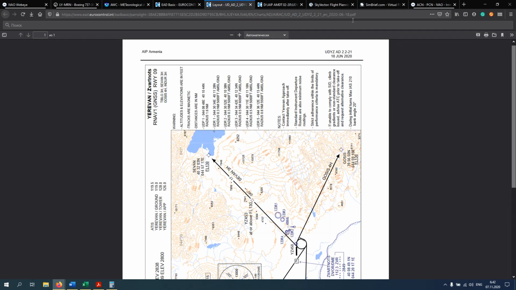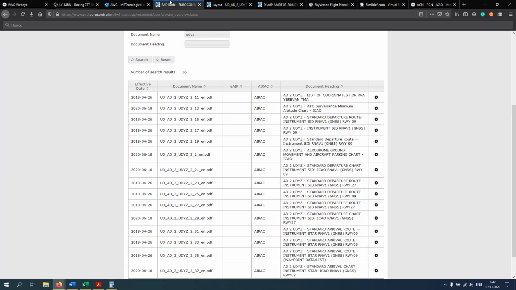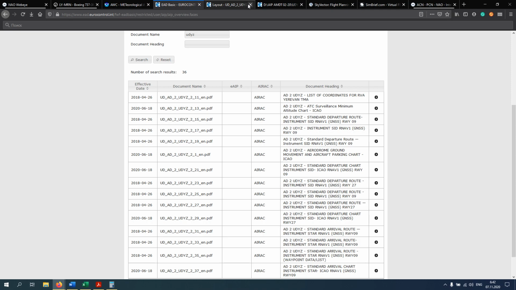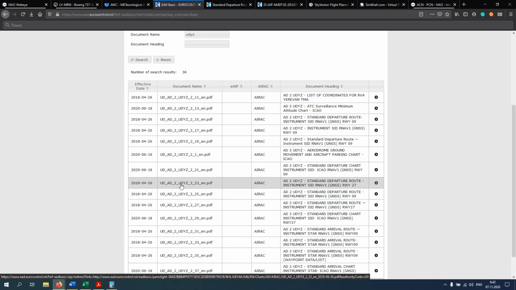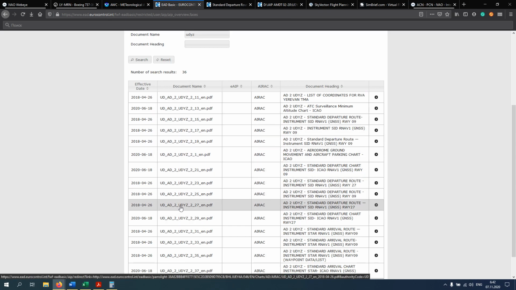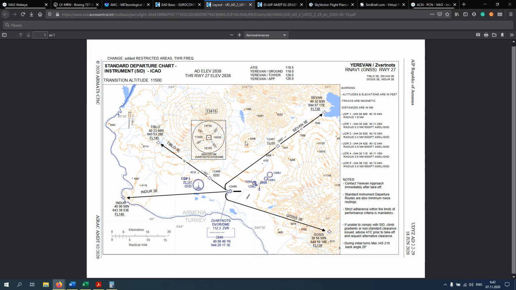And this one, yes. This is for the runway 09, but we already know that the wind there is 260, so probably runway 27 will be more suitable for us. And where is this one? It should be this one. Yes. Okay, we just save this for now,